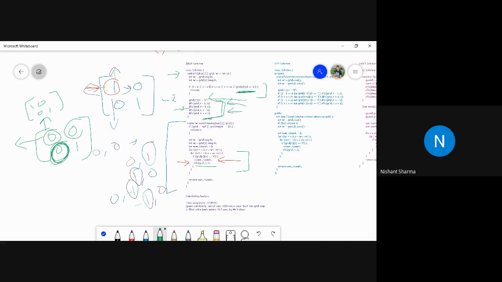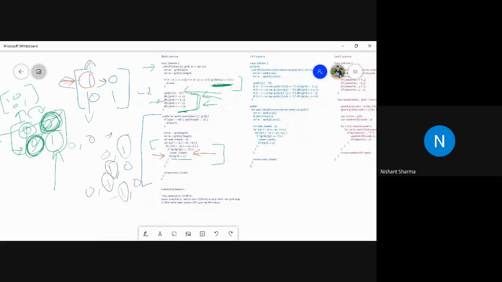Then in the C plus 1 condition, this 0 will come, and because of this condition, it will fail again. And we will be able to find the number of island like 1. Then again, with this for loop, we try to traverse again like this, then here. Here we find 1 again, then we will increment the number of island to 2 and try to do the DFS again. But all these 3 elements are 0, so we do not need to worry. So the number of islands will be 2 for this input matrix. That's the logic in the DFS.